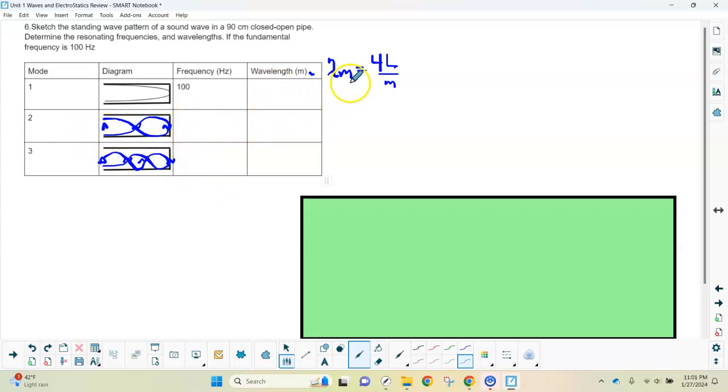So for this, the wavelength is 4L over M. The L is 90 centimeters, so it'd be 4 times 0.9, because we don't work in centimeters. So 90 centimeters is 0.9 meters. And then M in this case is 1. So 4 times 0.9 is 360. No, I'm sorry, I misspoke. 360 is the speed. It's 3.6. Sorry. So 3.6 meters is the wavelength, because remember, for a complete wave you need two